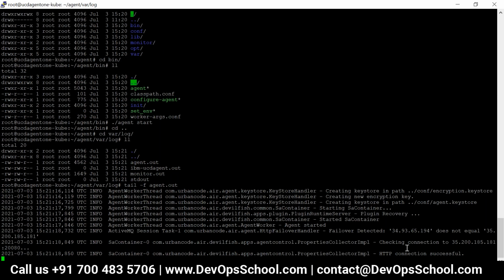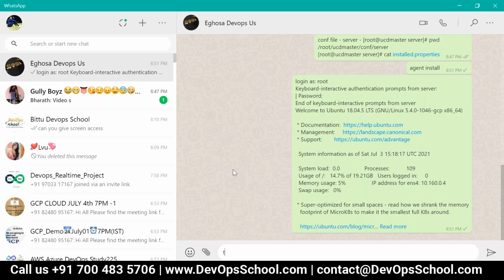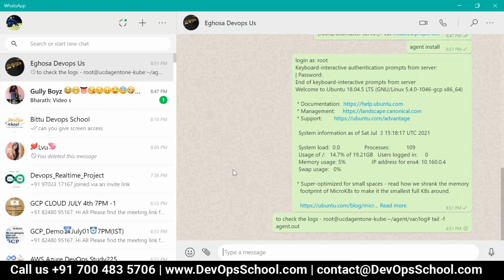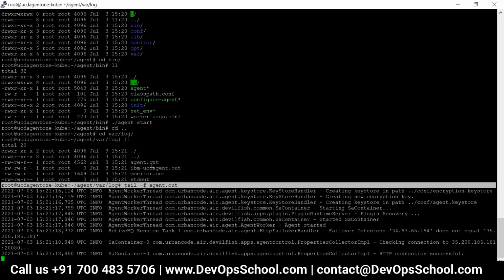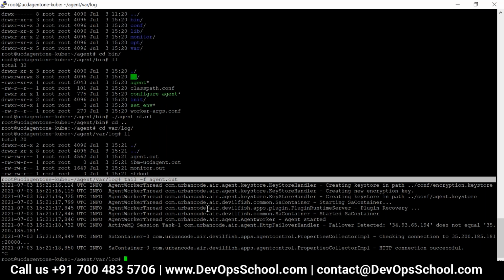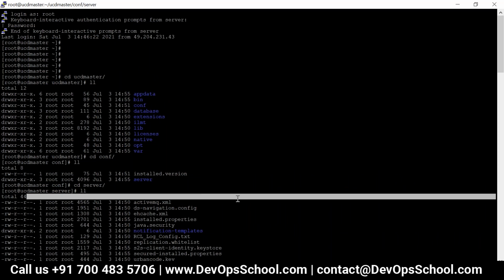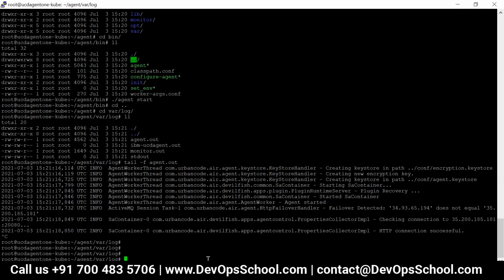So it is connected successfully. To check the logs, the same applies to the UCD server also, where the logs are deploy.out. I'll show you that one. It has gone through, so no problem.